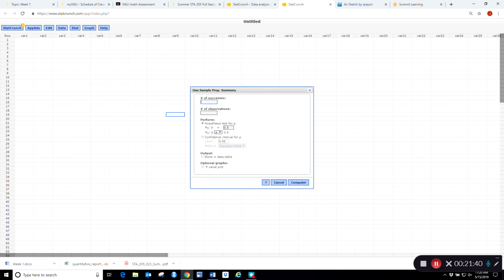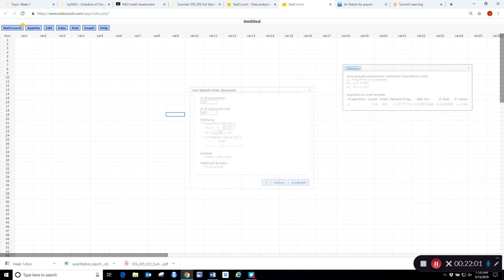Here's where we're going to use our 2 values that created p hat. So we had 304 out of the 900 that were obese. Our null hypothesis had the value of 0.357 in there, and our alternative hypothesis was that less than sign. So then if I hit compute,